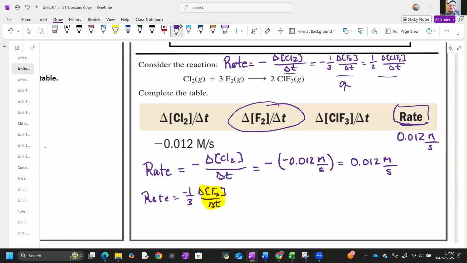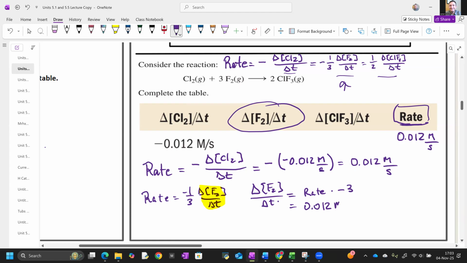When we rearrange this equation to solve for that expression, what we get is delta, the change in concentration, over the change in time, is equal to rate, and then we have to get rid of this 1/3, so we're going to multiply by -3. And when we do that, we already know the rate. The rate is